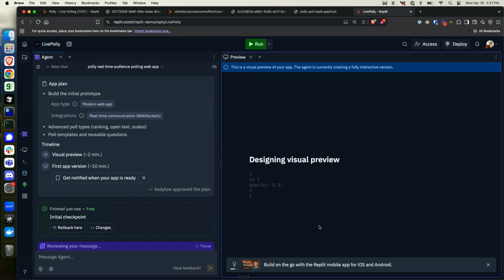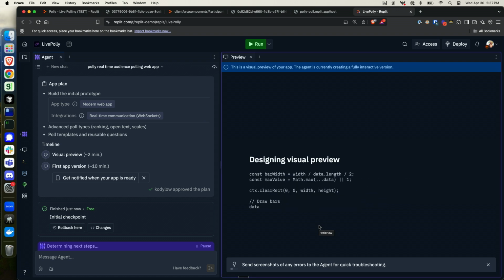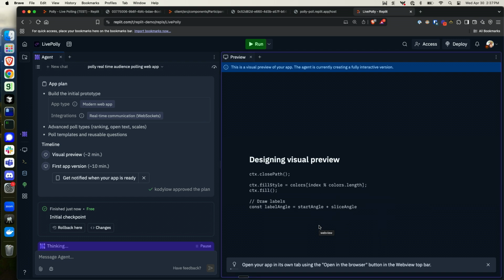And so the first step, it's going to do an HTML preview. First, it's going to stream that back. It'll take about 2 minutes. And then once that's done, it's going to rewrite the whole end-to-end application in TypeScript. It'll provision the database, set up auth, all those steps for it. I'll just let this run for a second so you can see it start to go through. Then we're going to flip over to a prompt that I ran a little bit earlier today of the same thing, and we'll see what the outcome looks like.